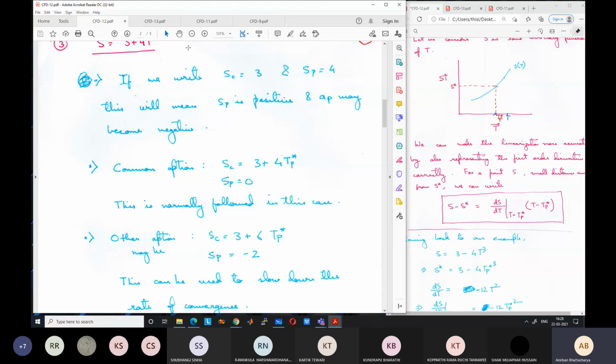And you can use the same approach in real life also, when you are writing some code. Generally, we write the code in terms of Sc and Sp. And depending on different problems, say for example radiation is present, convection is present, whatever is present, we take suitable values of Sc and Sp in the problem. So the code is written in a general form, including Sc and Sp. If there are no such terms, Sc and Sp are both taken equal to 0, and the code will run as if there is no such term. It is always better to write a general code which can be used for multiple occasions, instead of hard coding something which cannot be changed later on.